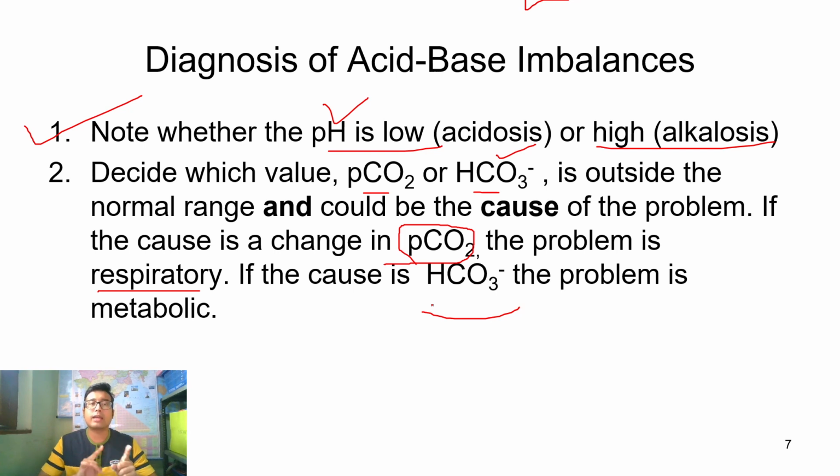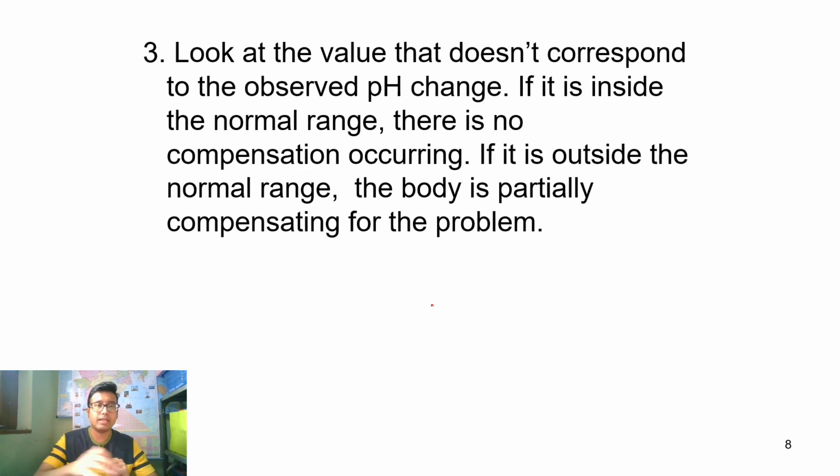So number one, you need to diagnose acidosis or alkalosis, and number two, whether it's respiratory or metabolic. And lastly, not a must-know area, but you should know this, is how you can diagnose whether this disorder is compensated or not. I'll teach you how to diagnose whether it's compensated or not. So as a basic formula, look at the value of pH, and look at the value of the parameter that doesn't correspond to the observed pH change. For example, I'll be telling you this again,